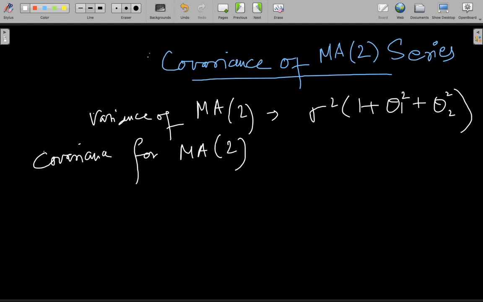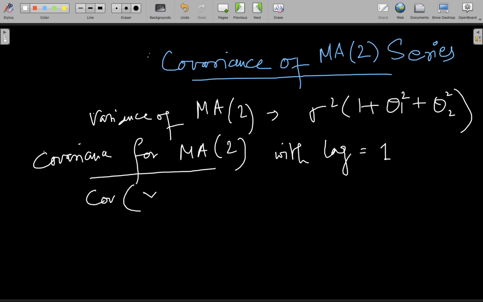Now to do that, we will take lag 1. Okay, MA2 series with lag 1. Let me just write down lag equal to 1. Which means my covariance term would look like cov of yt, yt minus 1. Now what I'm going to do here is expand this yt and yt minus 1 in terms of the